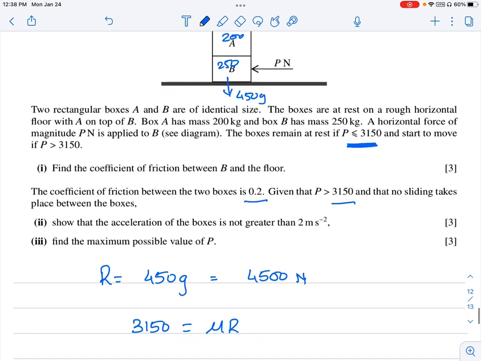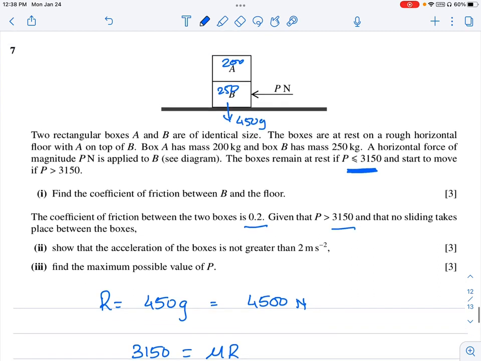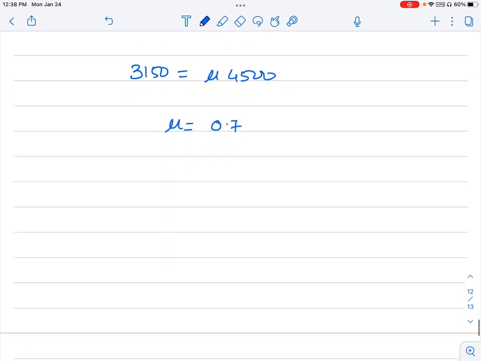So what is that? We have to resolve the forces only for A because we are looking at it sliding. A is sliding on B, right? He says that no sliding takes place between the boxes. So between A and B, there is no sliding at all. So what am I going to do? I am going to take for A,